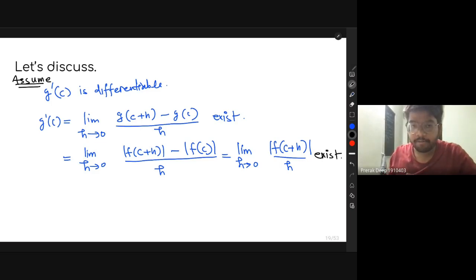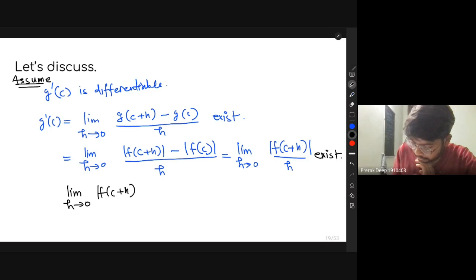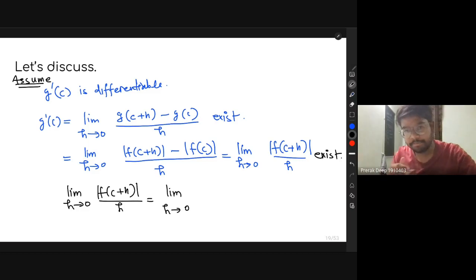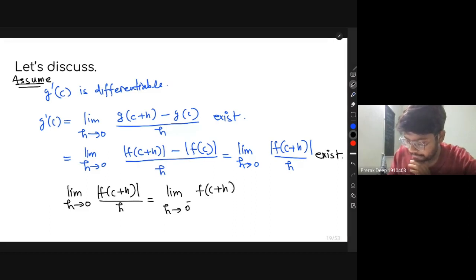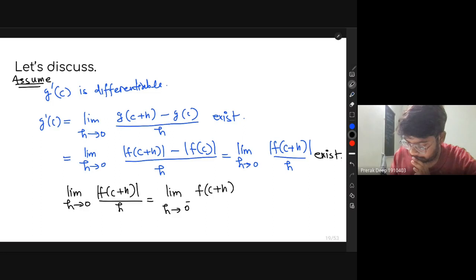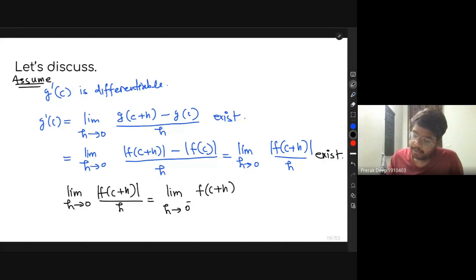And what do we mean when we say that this limit exists? So you can take this limit as equal to the left hand limit, when you approach 0 from the left hand side, which is 0 minus. And if you approach 0 from the left hand side,